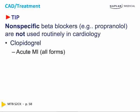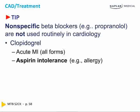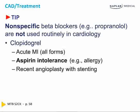Clopidogrel is used in all forms of acute MI in combination with aspirin. Now, this changed 3 or 4 years ago from clopidogrel just being in those intolerant of aspirin. If you are studying questions or reading books that say it's only in those intolerant of aspirin, that is old information, and it is for every form of acute MI, both ST elevation and ST depression. Now, we can use it without the aspirin if you're intolerant of aspirin, but it's not only used in those intolerant of aspirin. It is used in all MIs, and it's also used to prevent restenosis in someone who's had